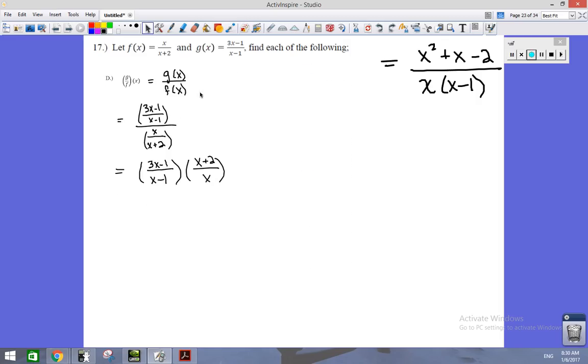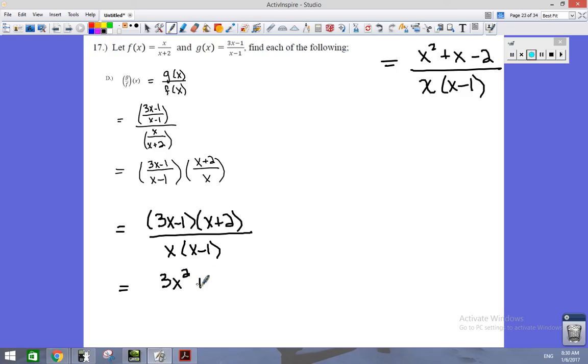Because now, when you multiply fractions together, you just multiply straight across. So I've got this binomial, 3x minus 1 times x plus 2. Because these two fractions, I'm going to create just a single fraction. I'm going to take x minus 1 times x, and it doesn't matter the order that I write that multiplication. Over here, if I came over and did a table, I would get 3x squared plus 5x minus 2